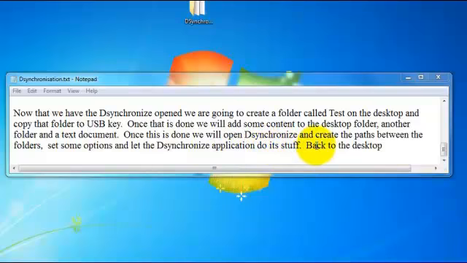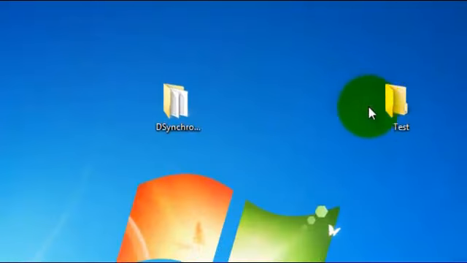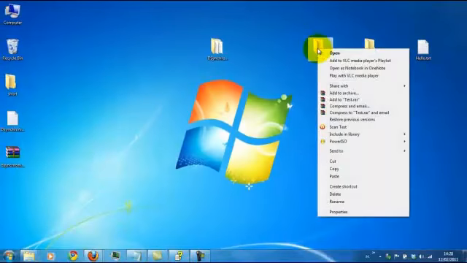Right, back to the desktop. Hi, we're back at the desktop. Here you can see I've created a folder called test. So we're going to right click on that, and we're going to press copy,